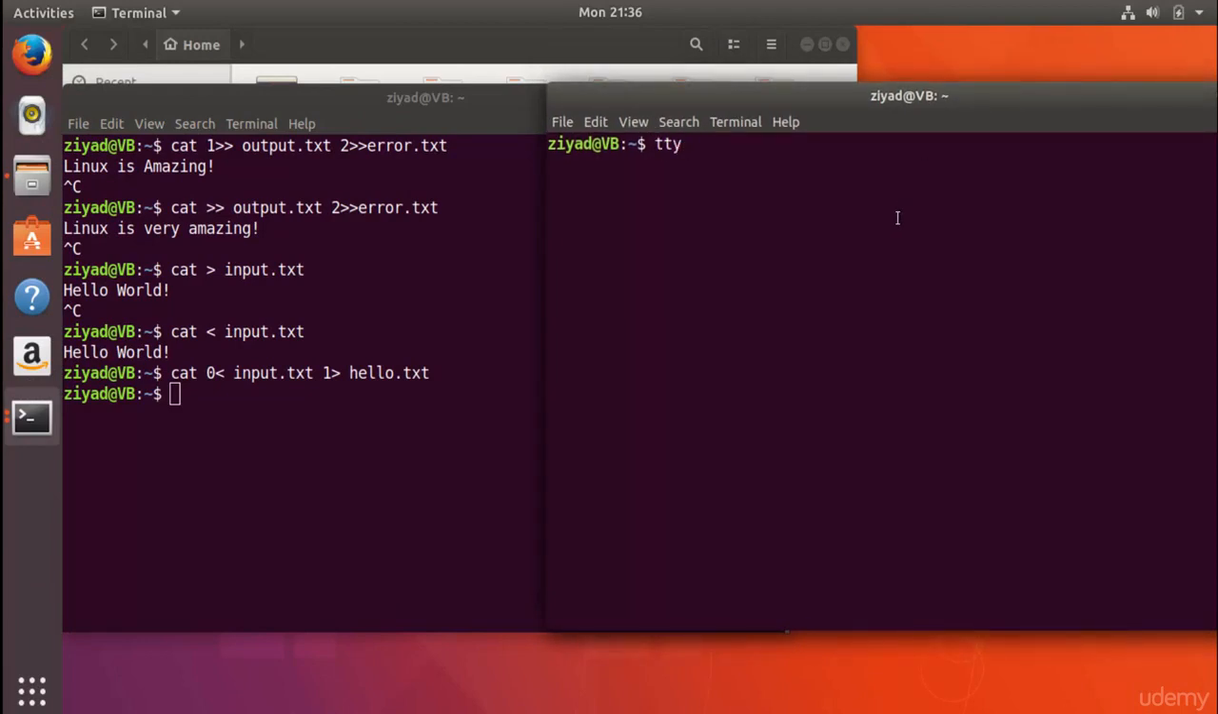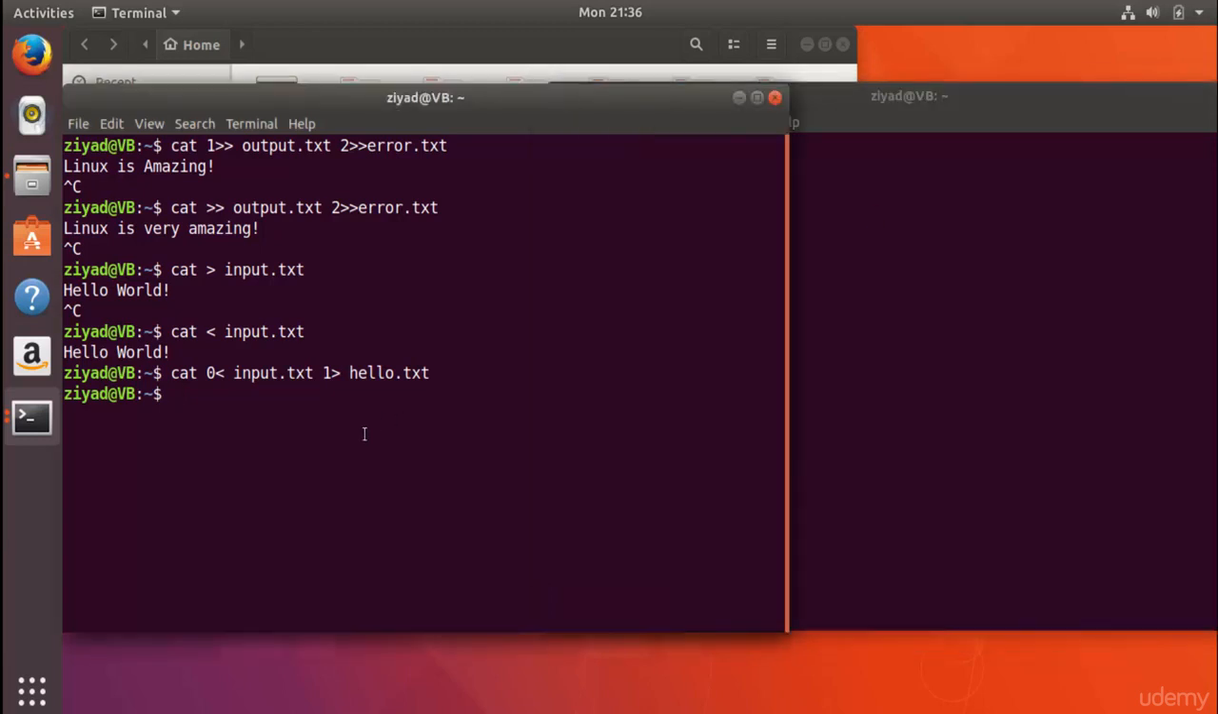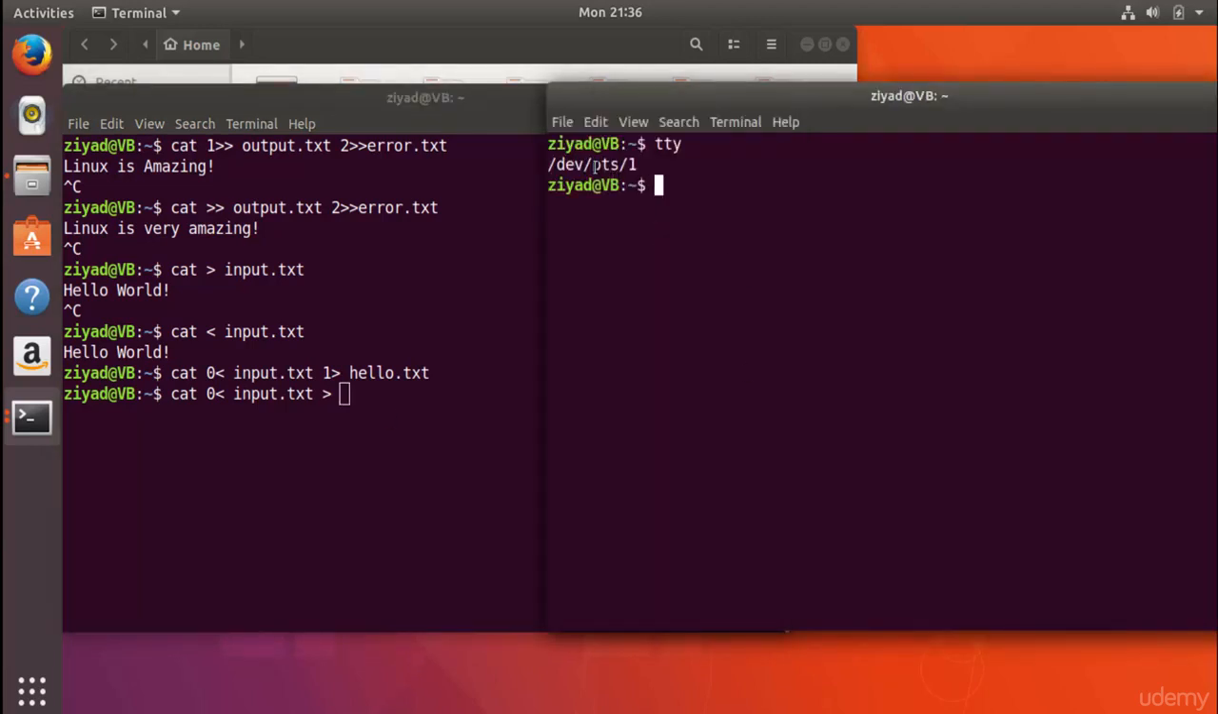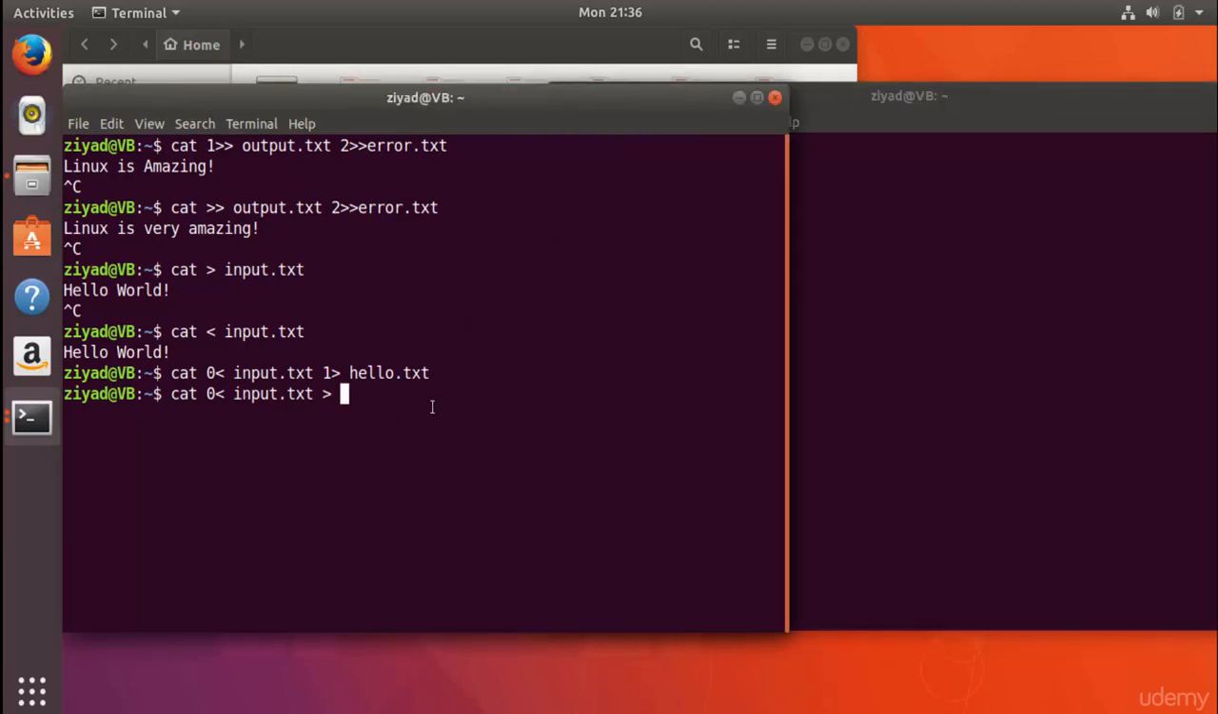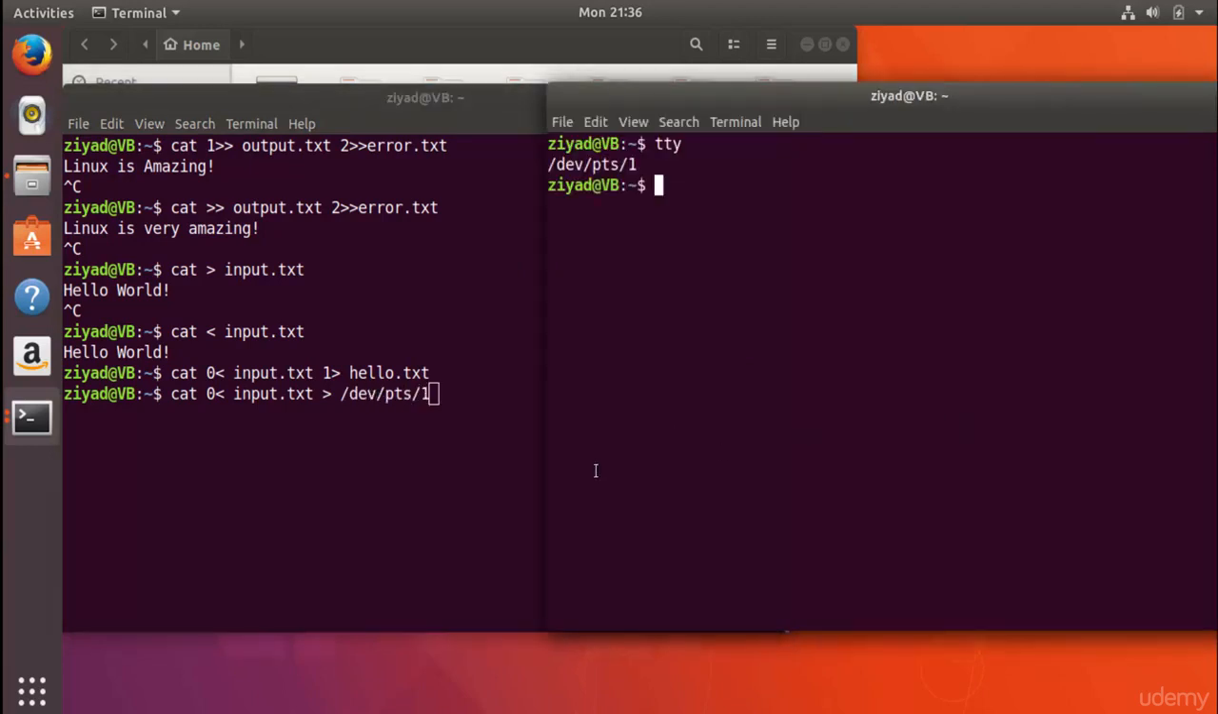Okay. Now, in the other terminal, this new one on the right, I'm going to run the tty command. Now, the tty command will actually tell us where this terminal is located, where on the file system it is. And we see it comes back with /dev/pts/1. Okay. Now, what I'm going to do is I'm going to redirect the content from input.txt, so just like this. And instead of writing it to a file, I'm going to write it to this location, /dev/pts/1. Okay, and when I press enter,